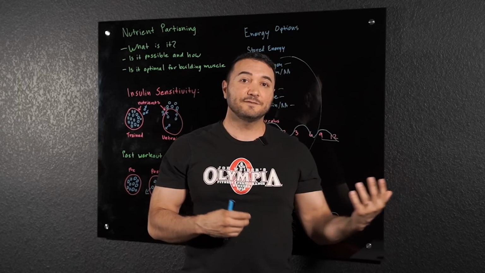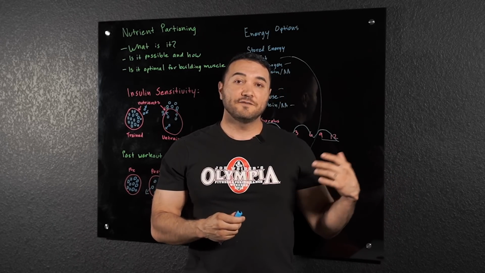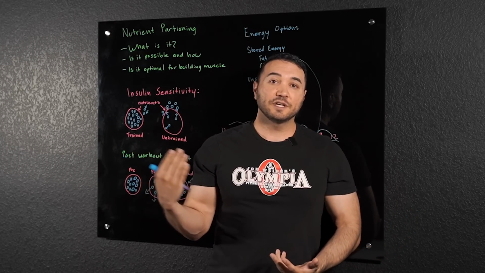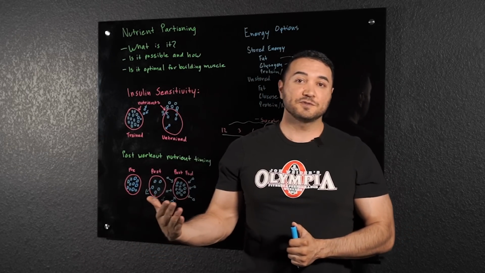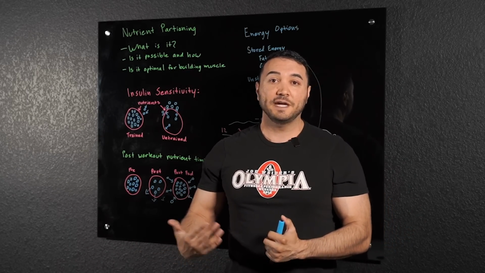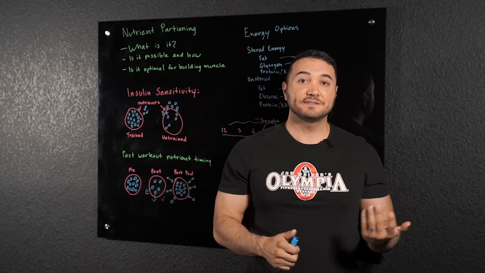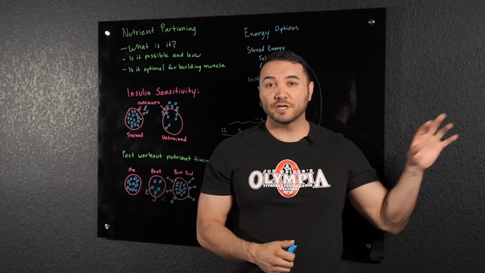And also there are going to be different factors too. When you talk about nutrient partitioning and using available energy that's stored and also available energy that's consumed, we can look at the situation, right? If you have someone who has 50 pounds of excess stored energy, so 50 pounds of fat, are they going to be able to do this at a faster rate than someone who only has 10 pounds of stored energy, who's pretty much contest lean? Absolutely. It's more easily available.